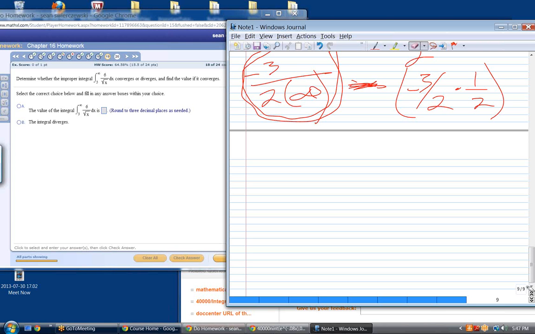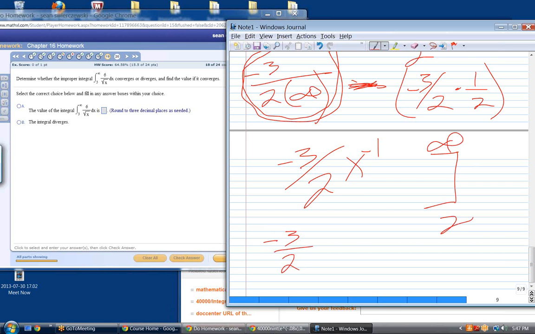But I thought x was 2. It is, but the function ended up, after we integrated it, we had this, minus 3/2 x to the minus 1, evaluated from 2 to infinity. So that's the same thing as minus 3/2 over x